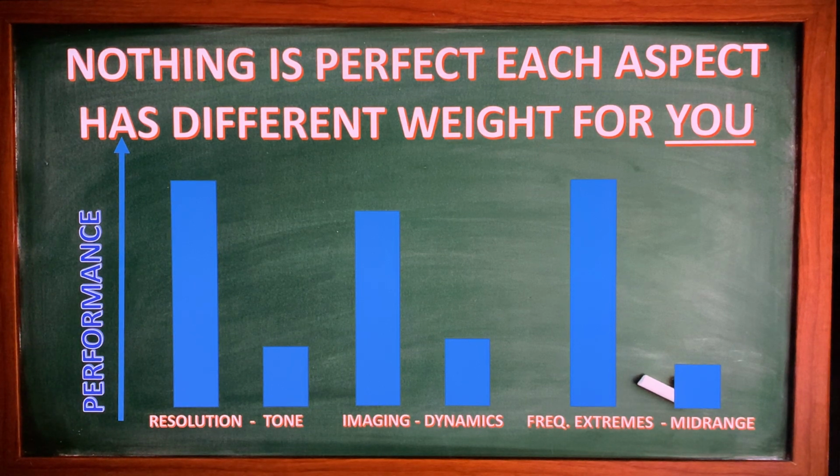And this is because when you increase resolution of a gear, of an amplifier, for example, then it will also start to reveal the weaknesses of that amplifier, and that's going to impact the tonality a lot. And also a lot of methods that amplifier manufacturers or engineers use to improve resolution